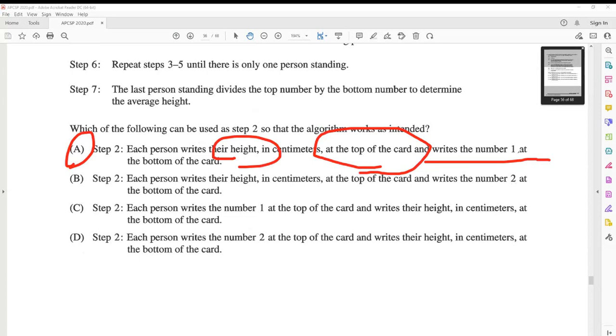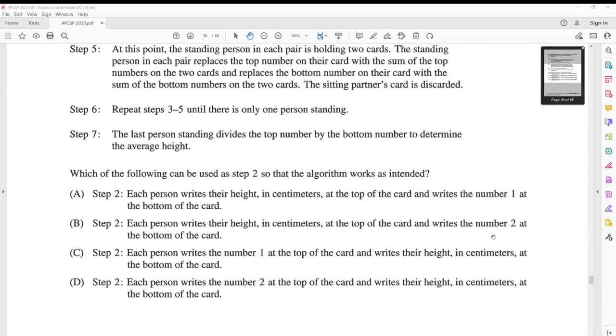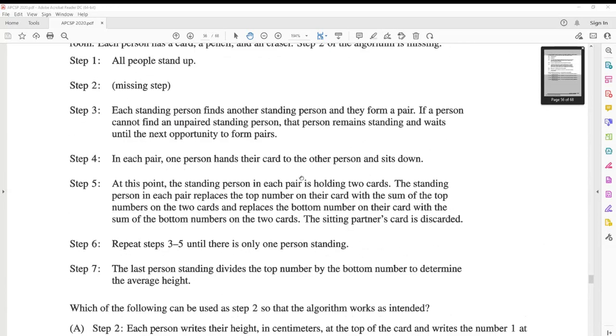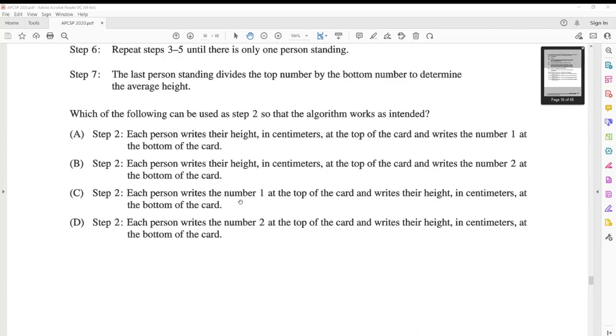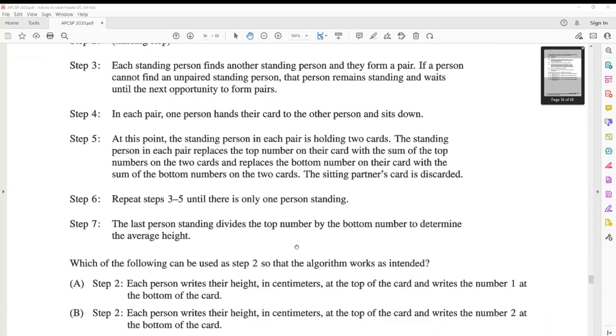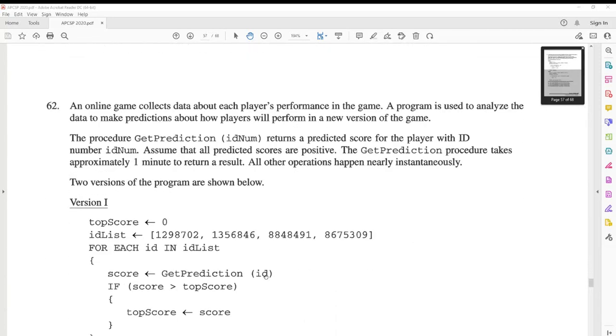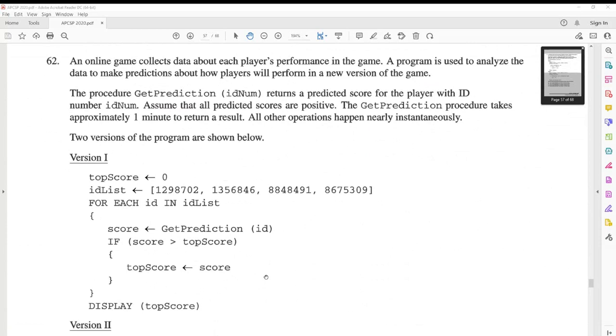But if they're 2 or 1, I tend to use 1 because that represents the person itself. 2 seems to be too many. Why 2? You need to explain it. So even if I have to guess, I don't guess 2, I guess 1, because for 2 you have to explain why 2 and not 1. But writing down the number 1 or 2 on top of the card is wrong because you need to have the top divided by the bottom. So anyway, this one is more of a guessing or IQ test than a CS problem.